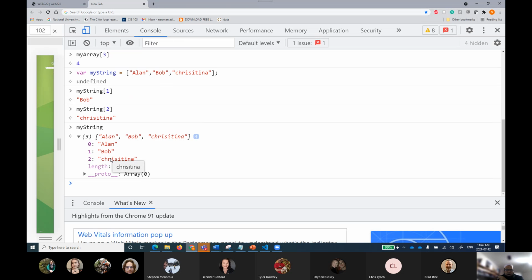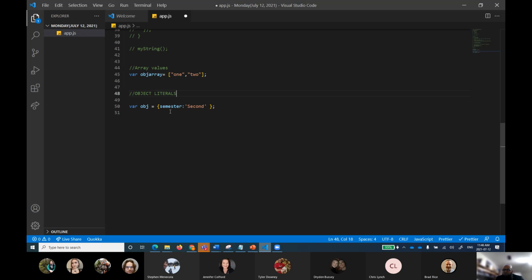Arrays are also key mappings of different things, but since arrays have this default behavior, we don't need to mention this 0 over here. You remember what I was trying to do? I am saying that this 1 is mapped to the 0 location, this 2 is mapped to the 1 location. I was trying to tell you that they are mapped. I don't need to mention that because the array automatically understands that at the 0th location I will have the first string, at the 1 location I will have the second value. Jennifer, got the concept?